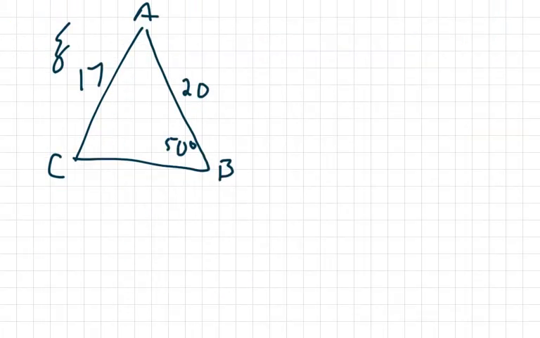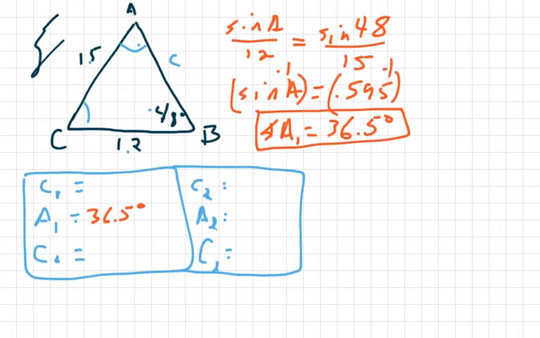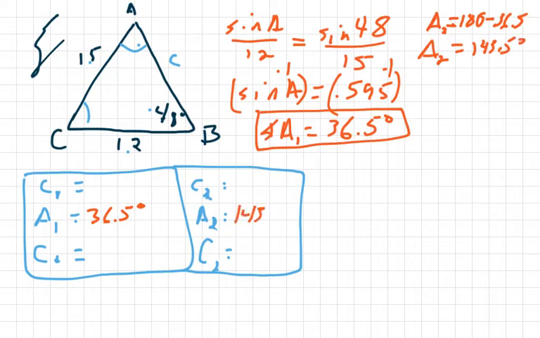So that's pretty straightforward. So I'm going to say A2 equals 180 minus 36.5. So A2 equals 143.5 degrees. So I'll go put that in there, 143.5 degrees. Perfect. But now, to find that C angle, we know that we can use the 180 rule because we've got